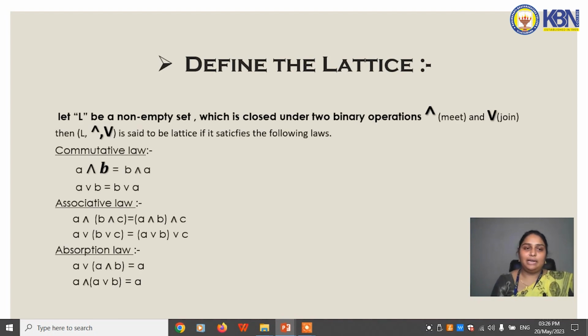To define a lattice, first we have to take a non-empty set. That means there should be at least a single element in that set. And it has to be closed under two binary operations, meet and join. Binary operation means we apply the operation between two operands. Here we are using meet and join. Then the algebraic structure L, meet, join is said to be a lattice if it satisfies the following